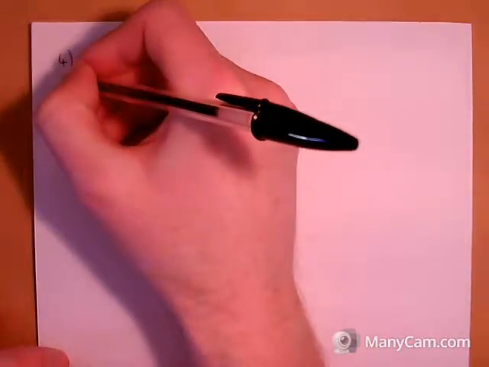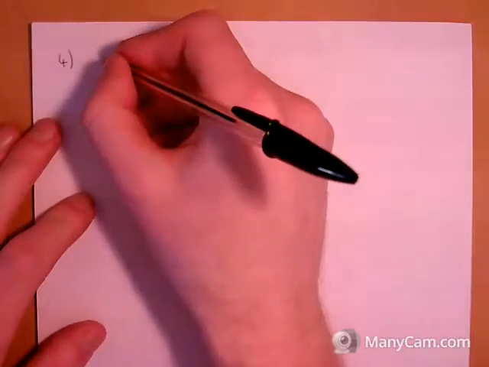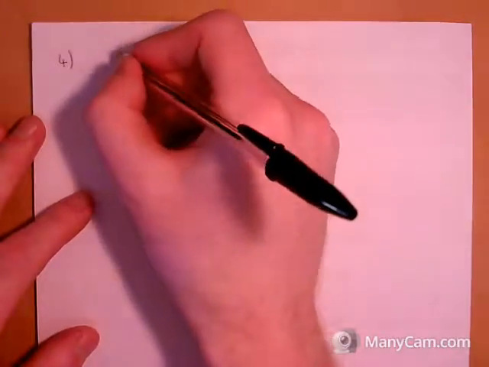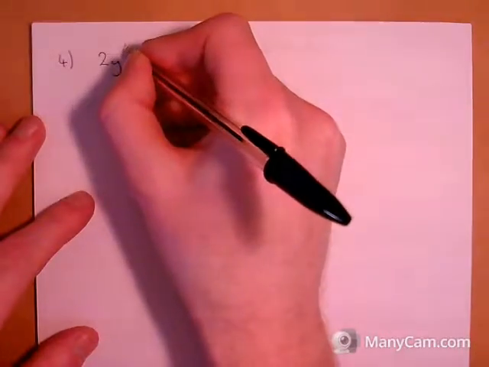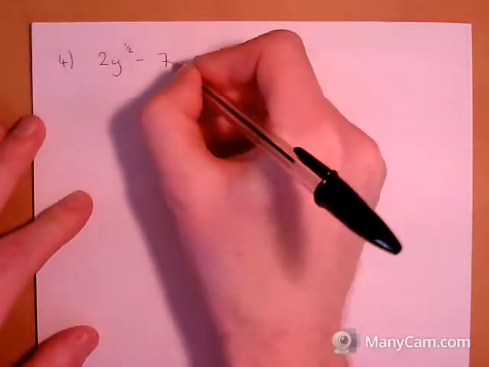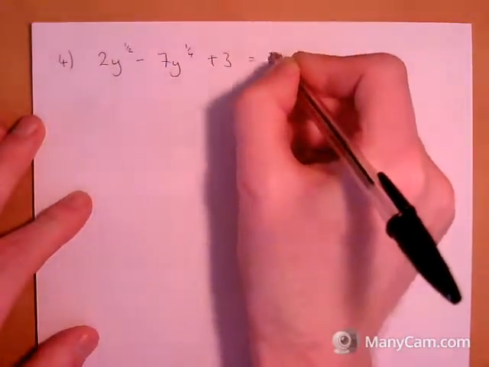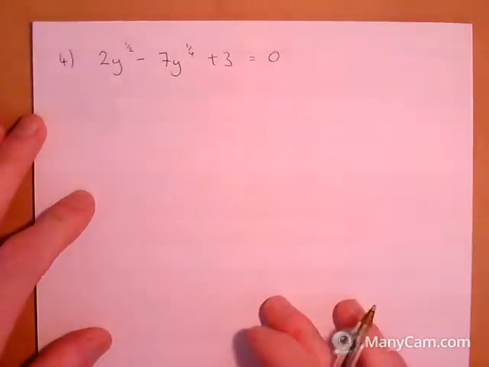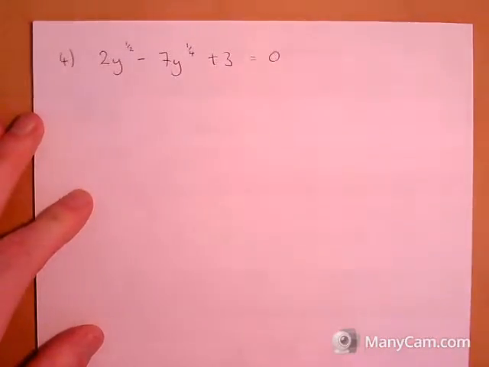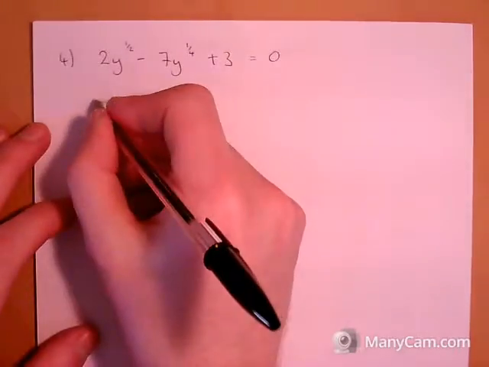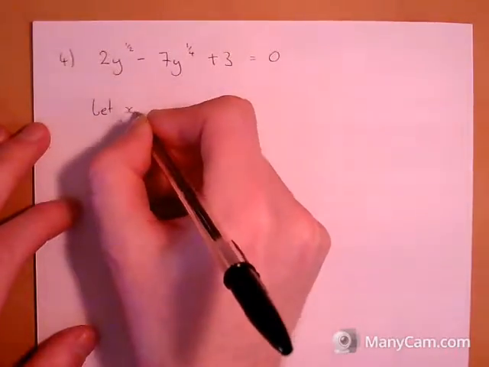So question 4 is asking about solving the equation where it's got fractions as powers. So we've got 2y to the power of a half minus 7y to the power of a quarter plus 3 equals 0. Now this is the equations where we need to make a substitution to end up making a quadratic that we can solve. For this one I'm going to use the letter x, so I'm going to let x